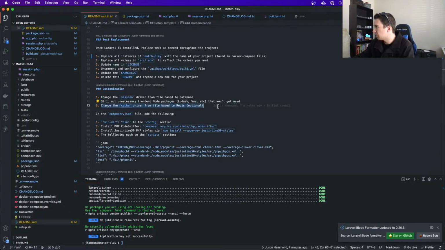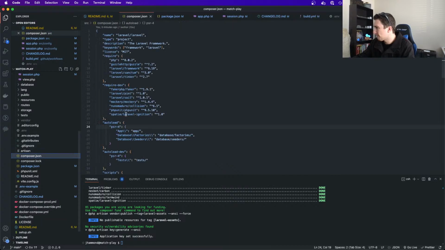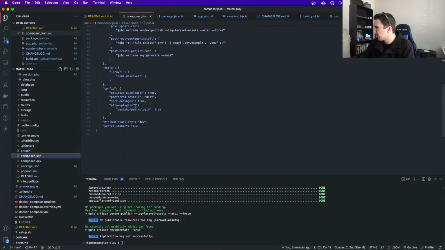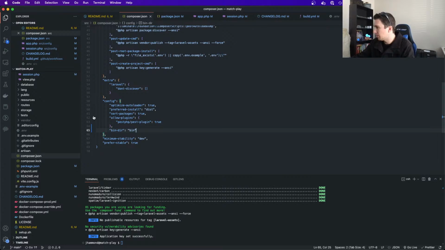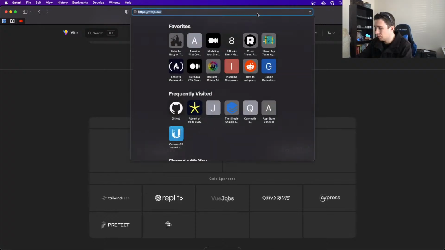Change the cache driver from file-based to Redis. Optional. We're not going to do that, at least now. In the composer file, add the following. Okay, we need to add this to the config. I'll just plop it in right there. We'll install code sniffer. This needs to be in dev. I don't remember the command for it.